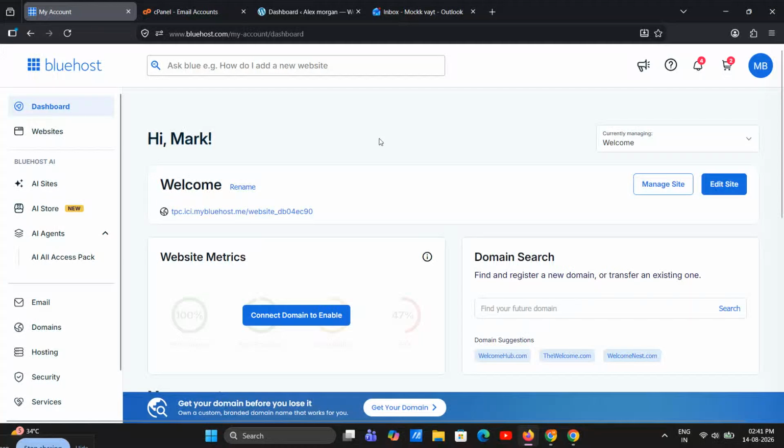If you need to find your Bluehost name servers, you're in the right place. In this quick tutorial, I'll show you exactly where to look inside your Bluehost account so you can find the name servers for your domain in just a few clicks. This is helpful if you're connecting your domain to a website builder, pointing your domain to a new host, or